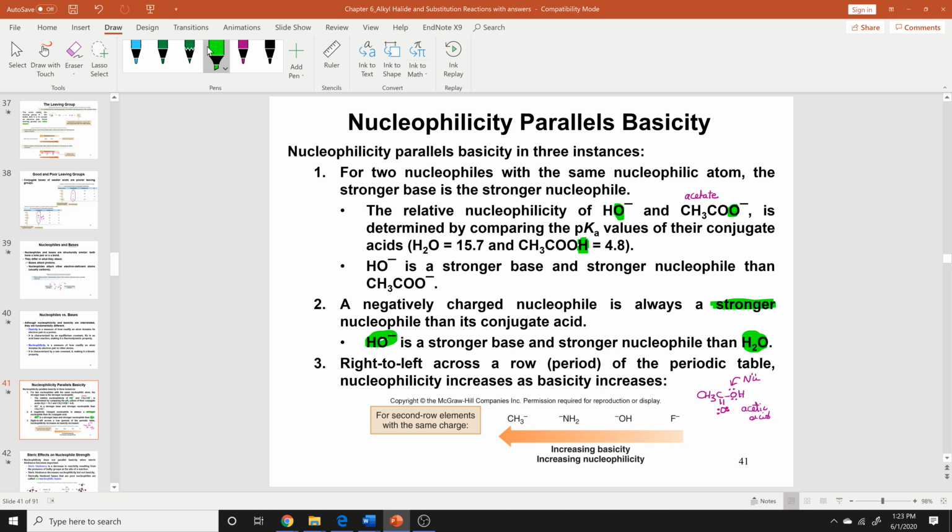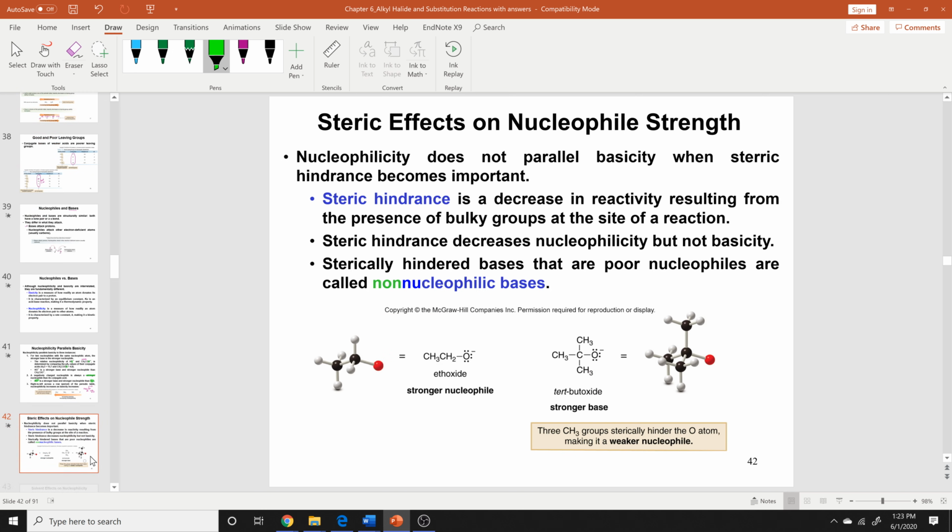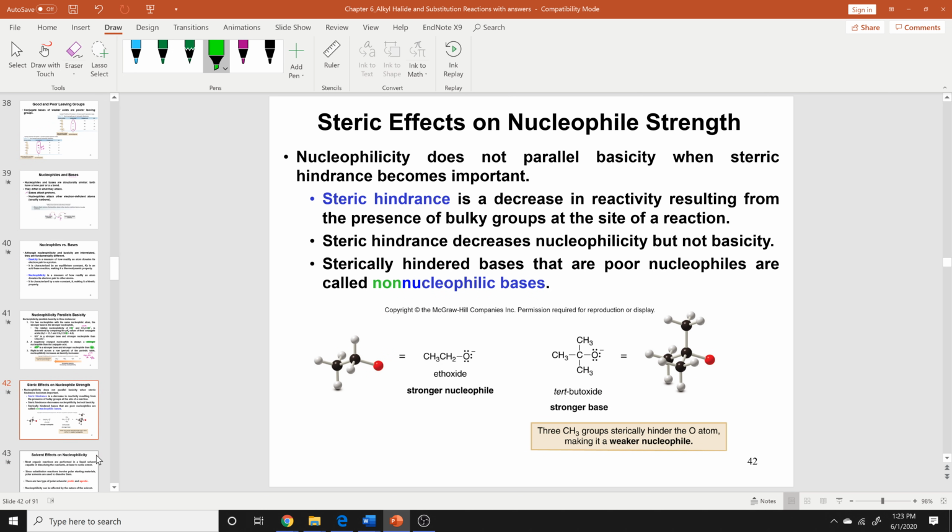And then we're going to go with the third rule now, across the period of the periodic table. From right to left across the period of the periodic table, nucleophilicity normally increases. So as the basicity increases, the nucleophilicity increases. This is when nucleophiles and bases are the same. Now, there are times that nucleophiles and bases are not the same at all, because you do have bulky bases, and these bulky bases can never act as a nucleophile